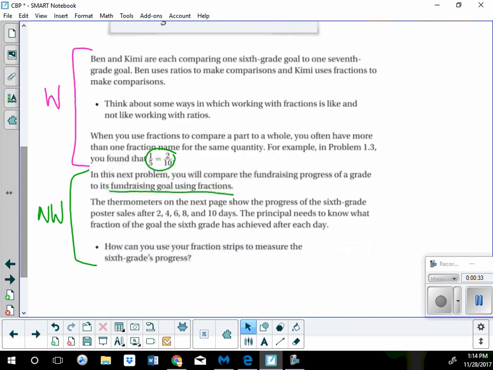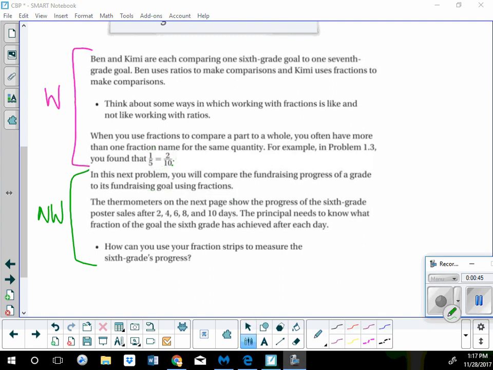With your partner, I would like for you to read. Winners, you get to do this part in pink, and non-winners, you get to do this part in green. Go for it. So crew, our big goals today are that we're going to find equivalent fractions, and that we're